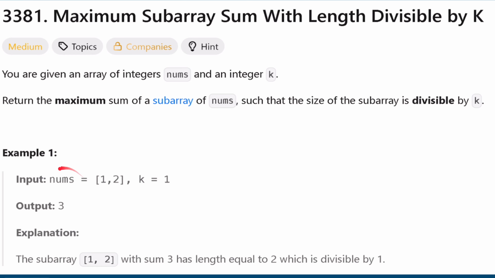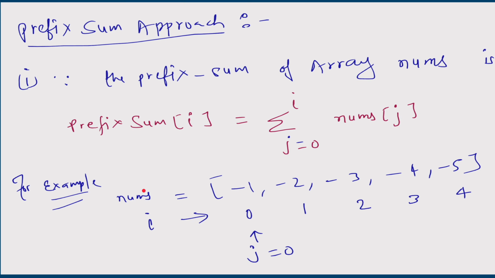Very first, the nums we have been given is 1 2. If you do the sum, 1 plus 2 is 3. So now we have to see what the size of this subarray is. It is 2. Is 2 divisible by k equal to 1? Yes, it is. Like that you have to consider. So very first